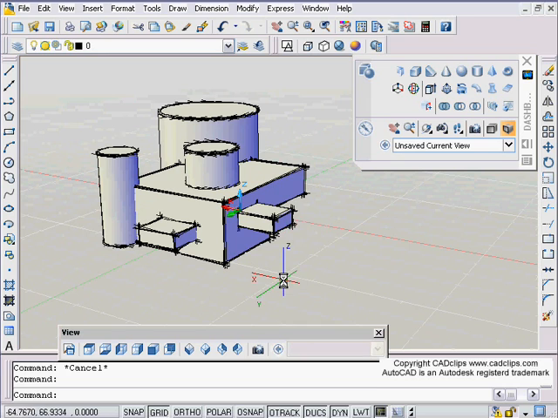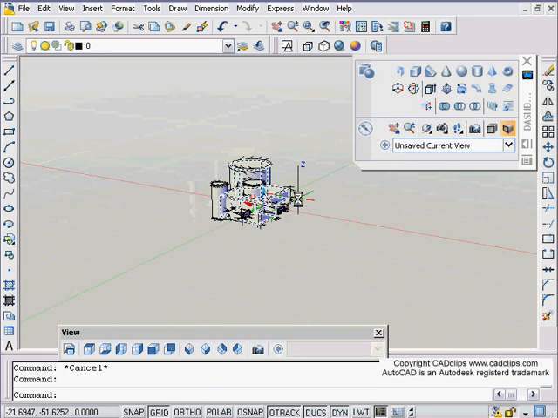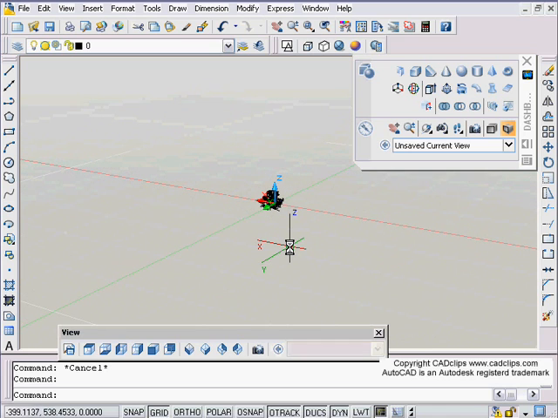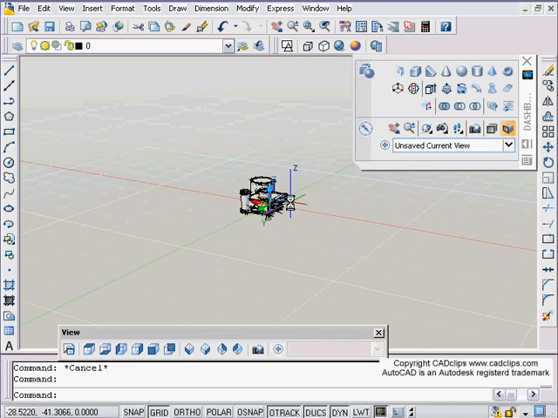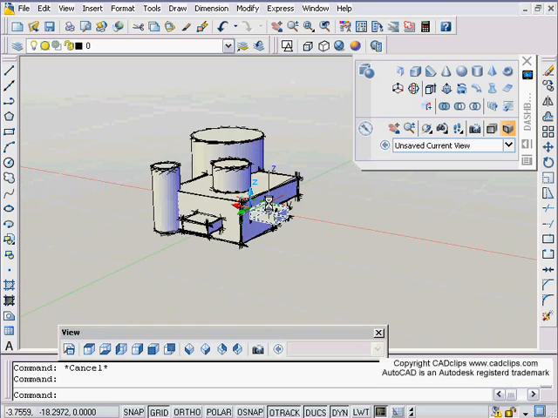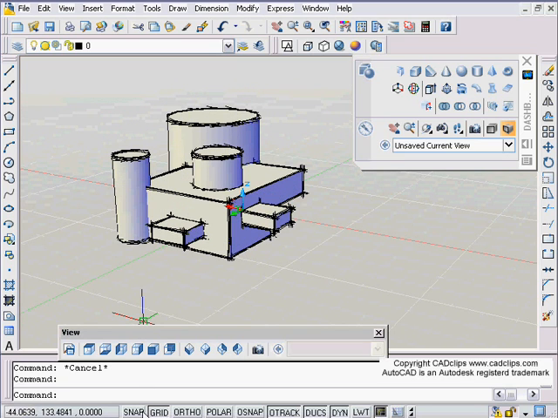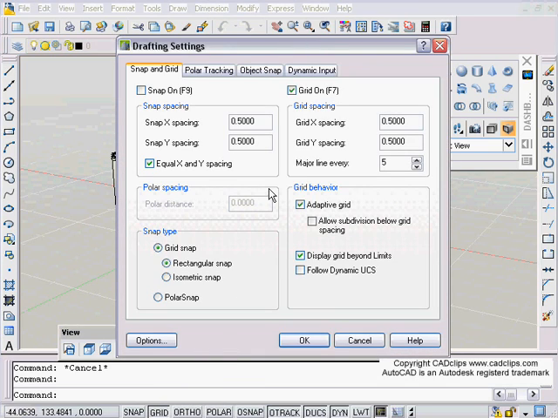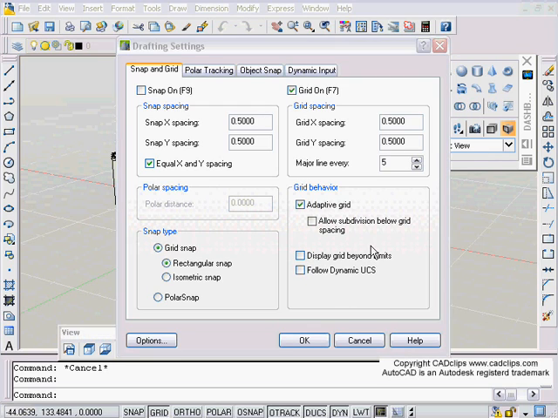So a couple things I want to point out is that if we go down controlling that grid, you'll notice it's kind of a virtual grid. You keep zooming out and it keeps showing it, and then it also respaces itself as it goes along. If you go down here to our good old snap and grid, right click and go into settings, you'll see that we now have display grid beyond the limits,